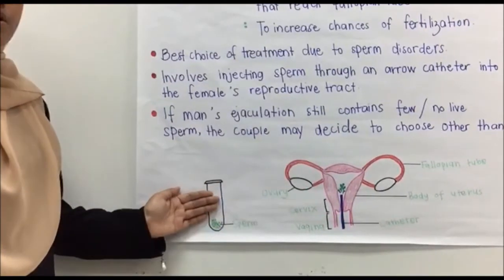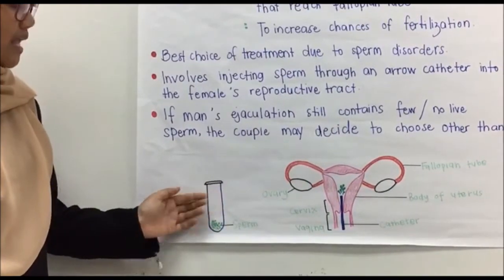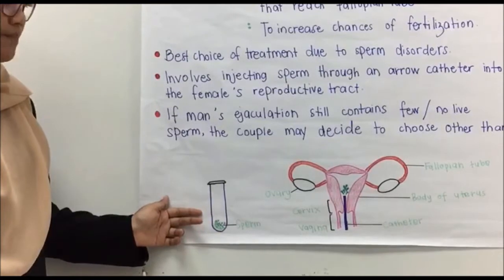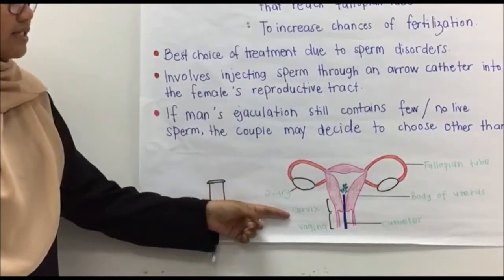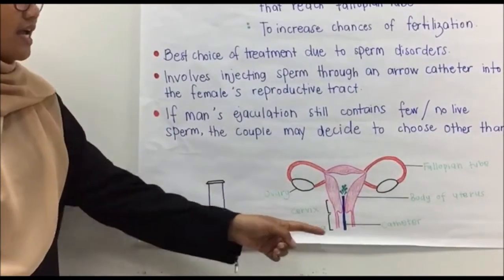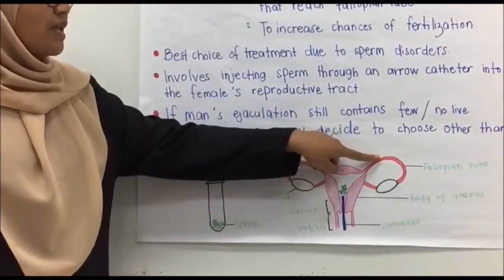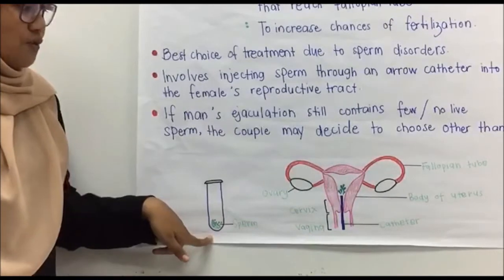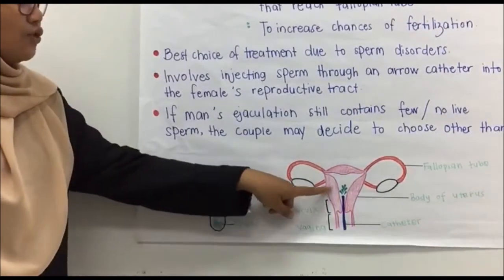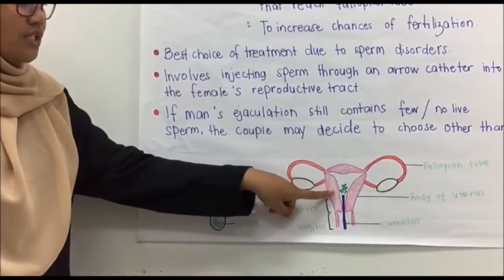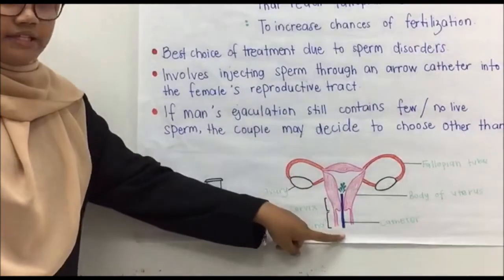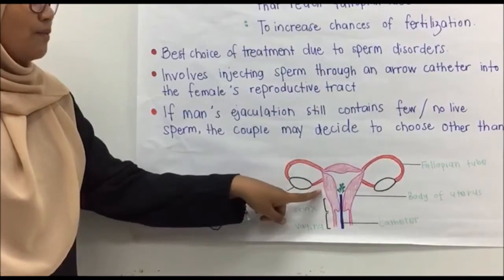This is the figure of the female reproductive structure. This is the collection of the sperm. This is the ovary, cervix, vagina, catheter, body of uterus, and fallopian tube. This collection of sperm will be injected into the body of uterus by using the catheter, and this sperm will